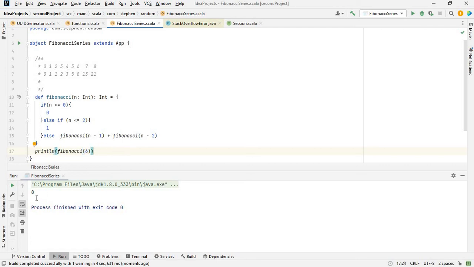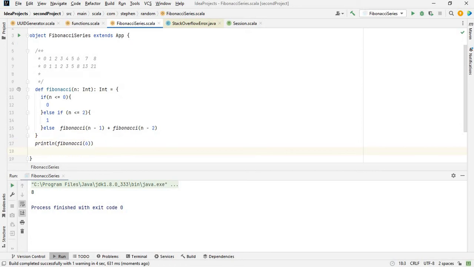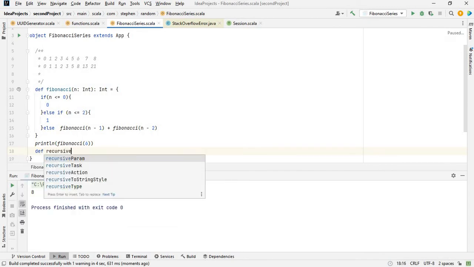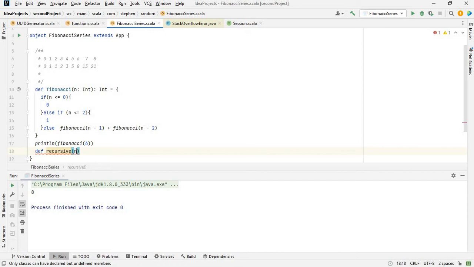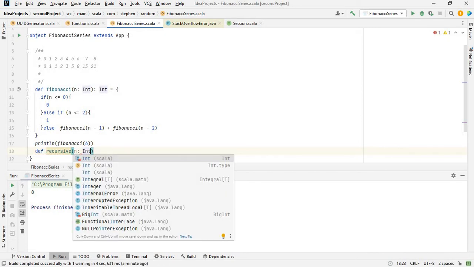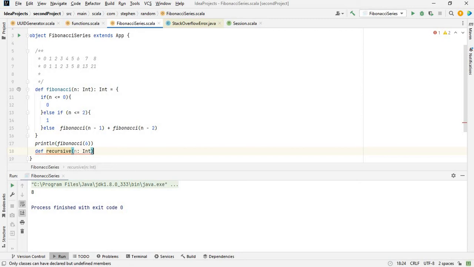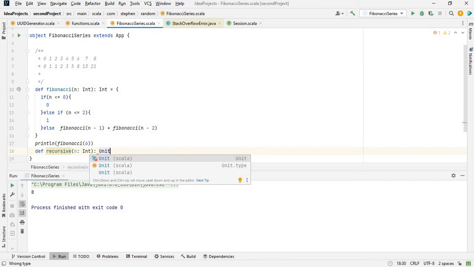So if you want to get, maybe, from 0 to 6, you can use a loop, or you can write another recursive function to do it. Say for example, let's define a function, say recursive, and let's give it a number. The number will be an integer, and I don't want it to return anything, so that will be Unit, and equal to